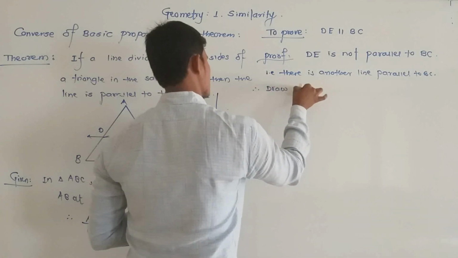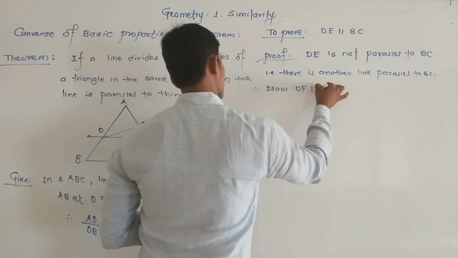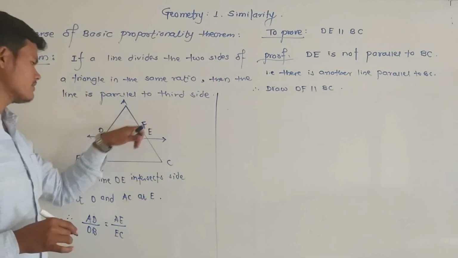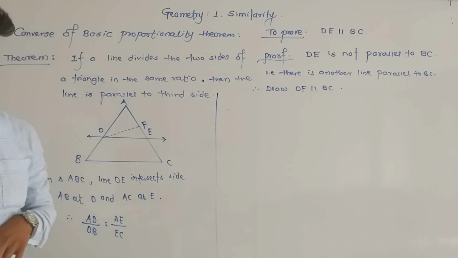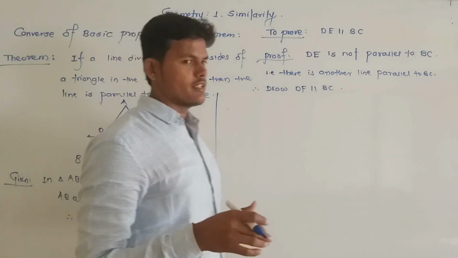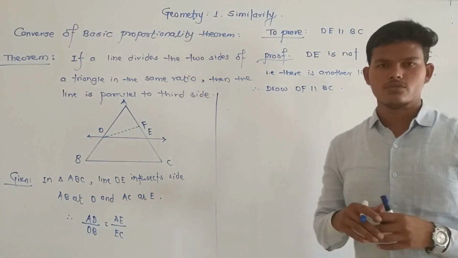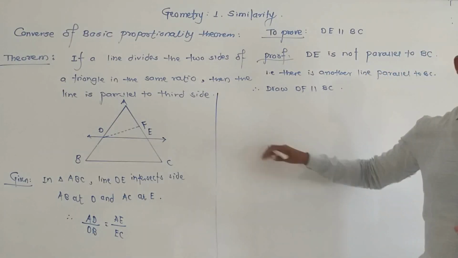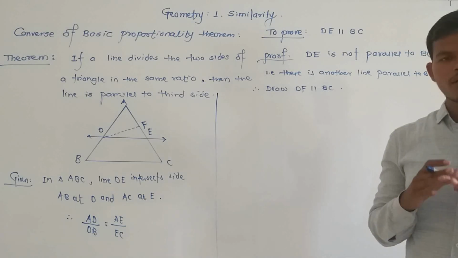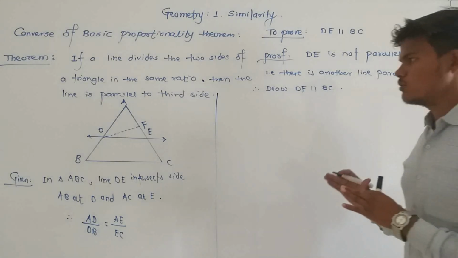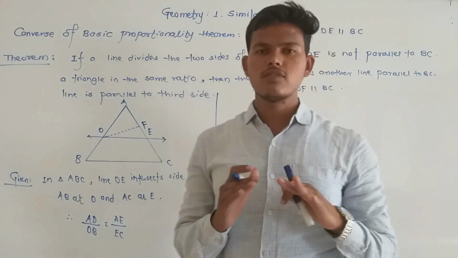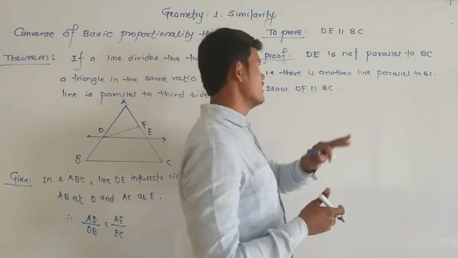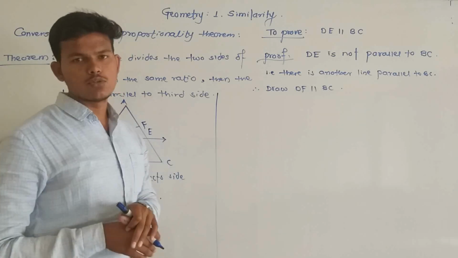draw DF parallel to BC. म्हणून आपण लिहितो DF parallel to BC line आपण draw केली. Why? Because indirect proof always starts with an assumption. आपल्याला indirect proof मध्ये सॉल्व करत असताना असं एक assumption करायचं असतं, जो पार्ट तुम्हाला प्रूव्ह करायचा असतो तो पार्ट फॉल्स आहे असं कन्सिडर करायचं असतं. That's why, considering here, DE is not parallel to BC.